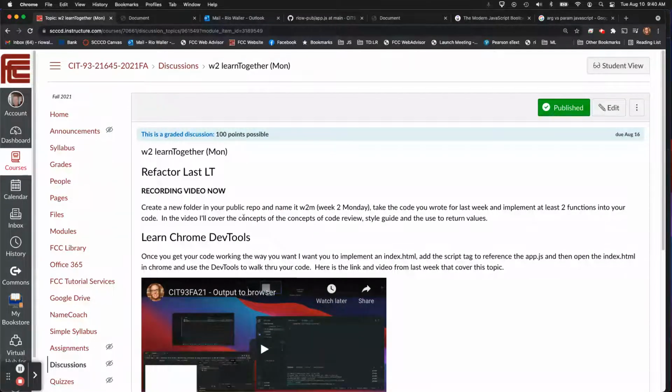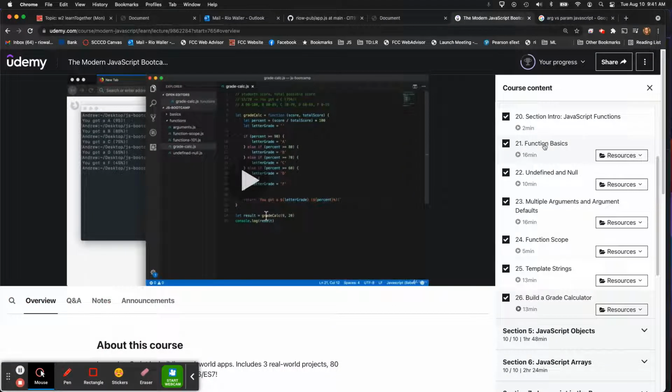I think what I'll do, looking at this ahead, is cover these concepts in the attendance. But I will talk about return values, because I'm going to talk for a second about an overview of some of the stuff that you've learned. Actually, before I do that, let's look at this. In this code along, we've learned the basics of how to set up functions. We'll talk about signature in a minute, the undefined and the null and the difference in how to use them, multiple arguments and default arguments, or setting defaults, which is such an important thing,